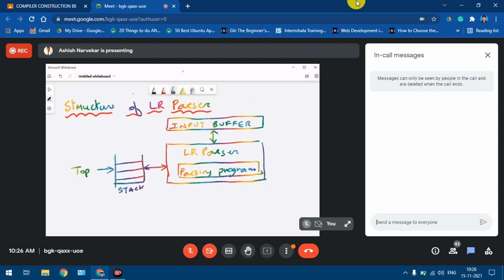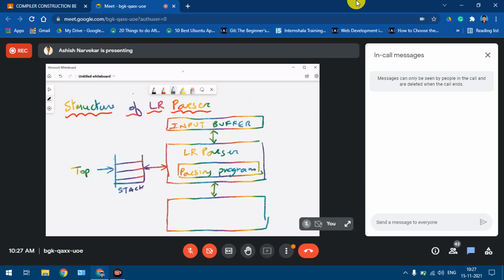Once the input symbol is taken from the input buffer and pushed onto the stack, the further processing will be done. Based on the rules, or the algorithm used by the parsing program, it will generate the parsing table.